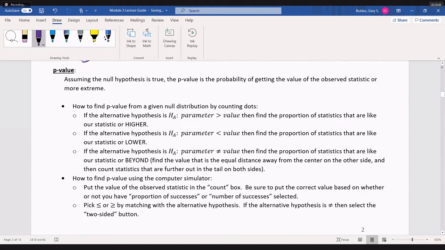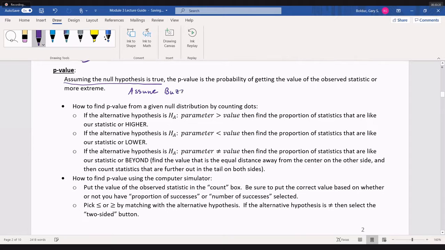Hi everyone, in this video we're going to take a little bit deeper dive into just the p-value. So the p-value, again, just to remind you from the last video, we're going to assume the null hypothesis is true. The p-value will be the probability of getting the value of the observed statistic or more extreme. So if you want to put this in terms of an example for yourself, remember what we did here with Buzz and Doris. So this line here says assume